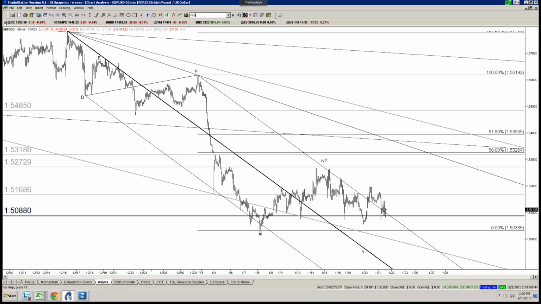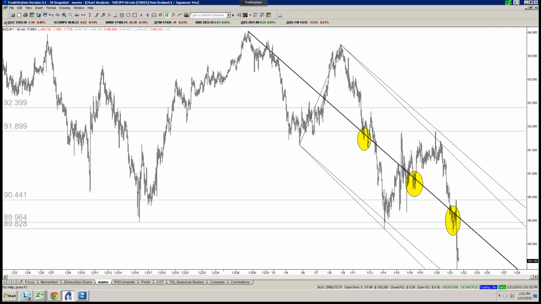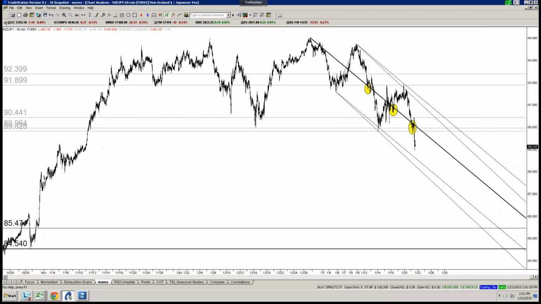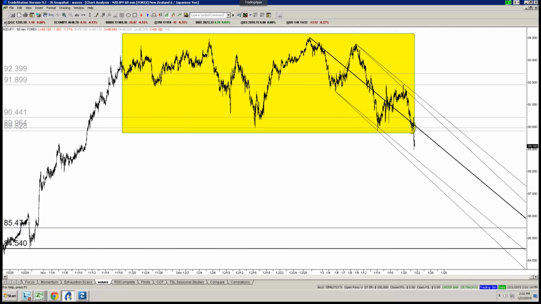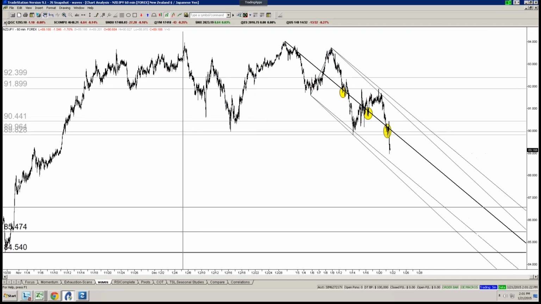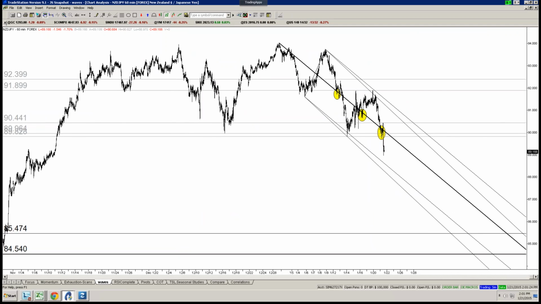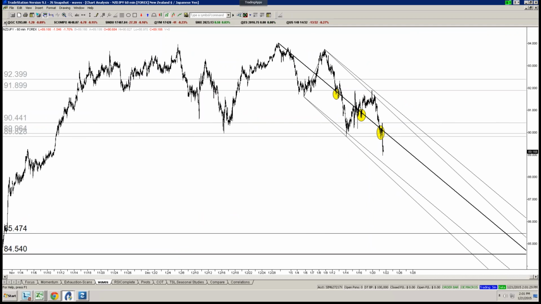And here's the Kiwi yen example. Kiwi yen just did this. It was a bigger pattern, but you can see it right here. Low, lower low, higher low, turn higher. This thing looks like it's about to explode, right? And it falls apart. Now this is actually a signal in the opposite direction. The fact that we failed to confirm this pattern on the upside is another thing I want to drive home: be really careful about predicting the way a pattern's going to play out. Sometimes it will, sometimes it won't.